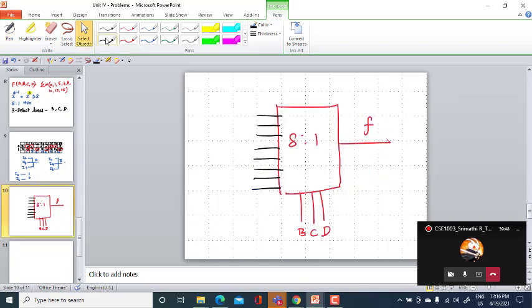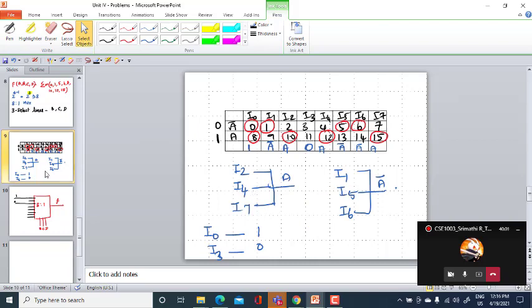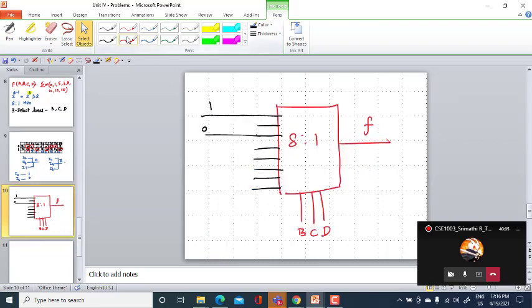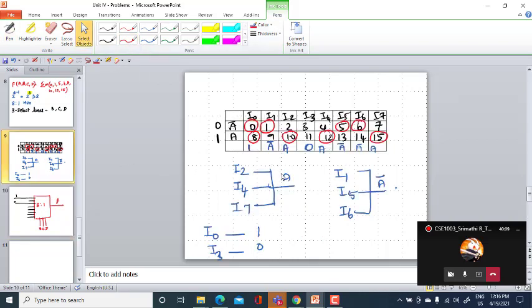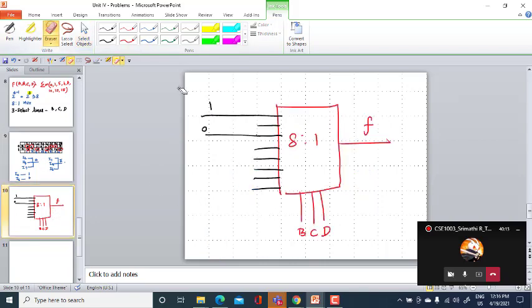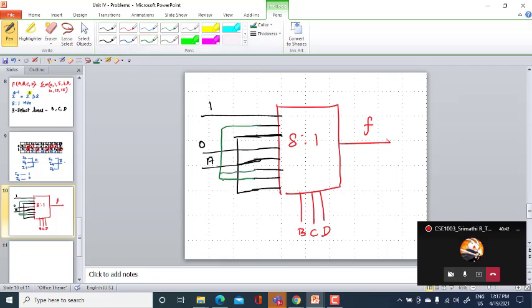I0 has to be given 1, I3 has to be given 0, and I2, I4 and I7 have to be given to A, and all the other 3 have to be given to A bar. This is your 8:1 mux.